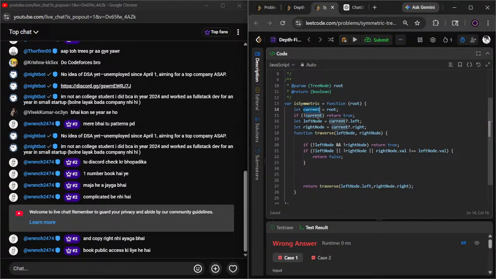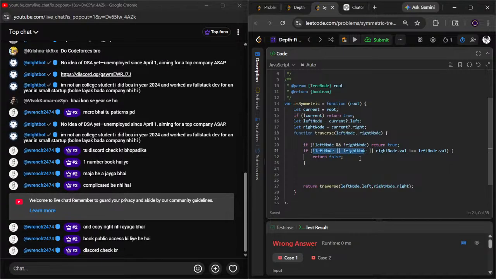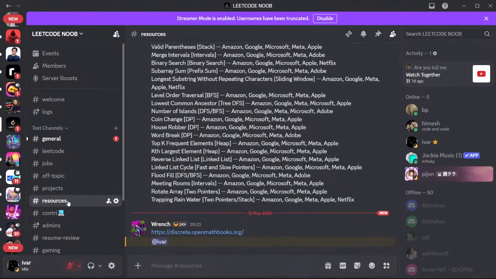अगर मेरा करंट नहीं है तो फिर मैं रिटर्न ट्रू कर दूंगा, क्योंकि मेरे पास ना ही वो राइट वाला नोड है या फिर लेफ्ट वाला नोड है, तभी मतलब मेरा नल होगा। अगर मेरा करंट का लेफ्ट है एंड करंट का राइट है, तभी मैं उसको स्टोर कर रहा हूँ एंड ट्रैवर्स में पास कर रहा हूँ। अगर मेरा राइट नोड और लेफ्ट नोड नहीं है तो मतलब दोनों एम्प्टी है, तो फिर ट्रू है। एंड अगर ये राइट नोड भी नहीं है, लेफ्ट नोड भी नहीं है, और फिर राइट नोड का वैल्यू लेफ्ट नोड का वैल्यू मैच नहीं कर रहा, तो फिर फॉल्स है।